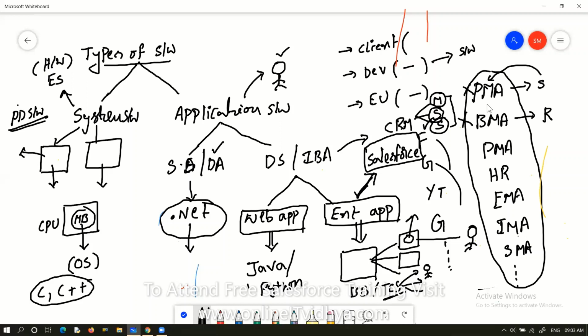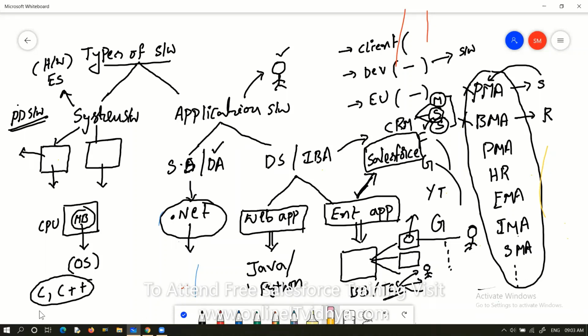So we can say Salesforce is a cloud technology used to develop not only CRM applications but also all enterprise applications. So is Salesforce a language? No, Salesforce is one technology. In other words, we can say Salesforce is one bundle with a collection of languages.